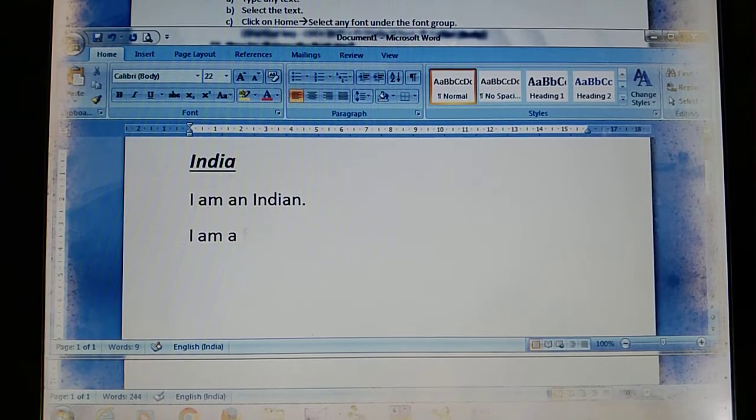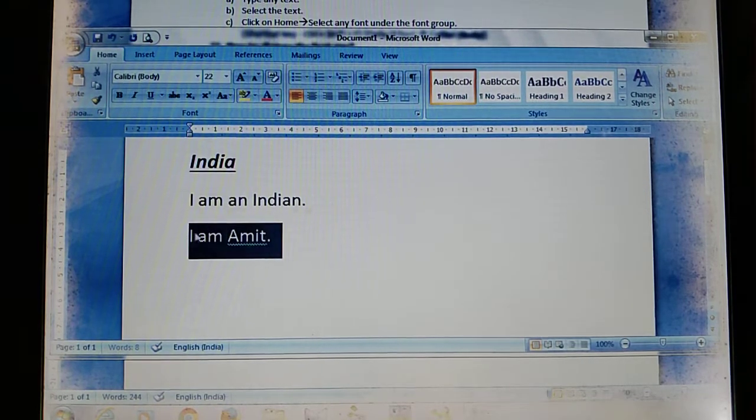Or someone can write I am Amit in this way. So I want to cross it. How can I cross it? Suppose this is the wrong statement. I want to cross it. So that's why through the strike through feature, you can easily cross this sentence.